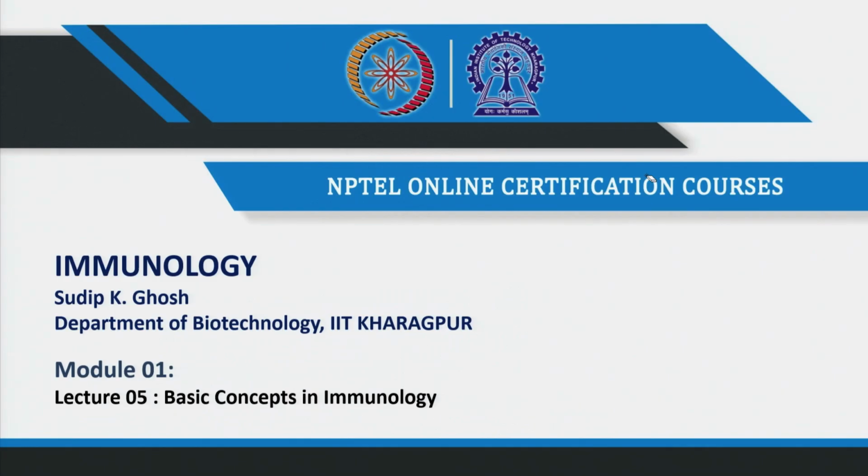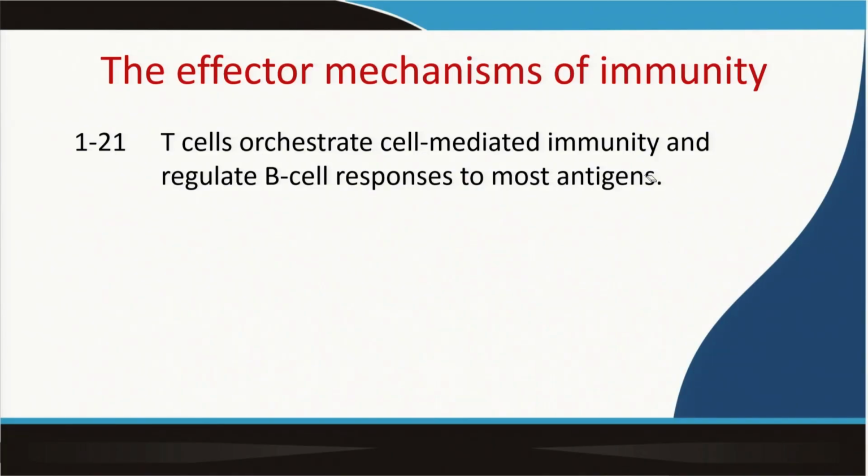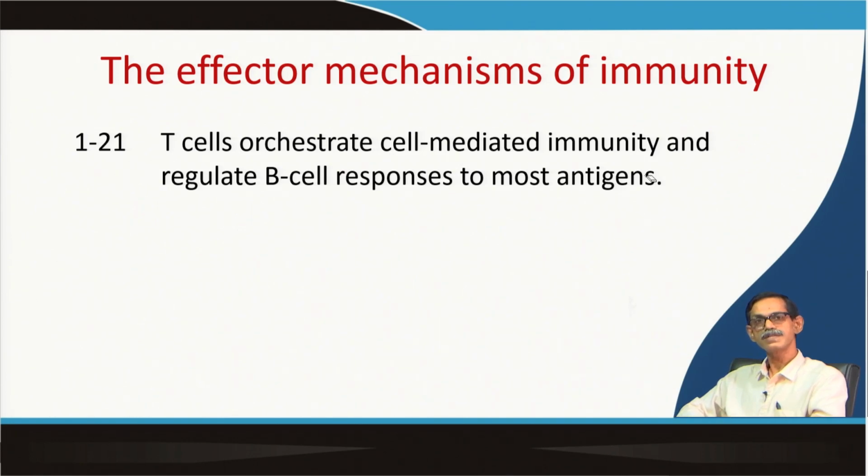In last class we discussed the effector mechanism of antibody, what happened, how they are doing. Now, I am going to discuss the effector mechanism of T cells, like what T cells are doing. T cells actually orchestrate cell mediated immunity and regulate B cell response to most antigens. In the next half an hour we will see what T cell is doing